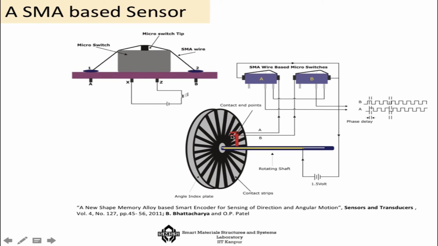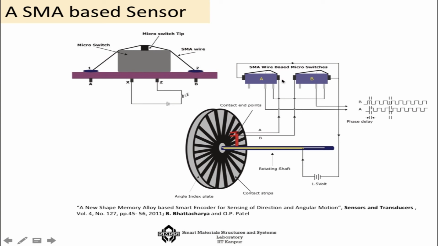Now the moment the 2 styluses are on conductive tape, a current will pass through, and as soon as the current passes, there is a heating effect, and the switches A and B will operate so that you will get a signal out of them. And once one of the styluses misses during rotation, it will not be able to operate, and hence you will see that the signal will come down to 0.